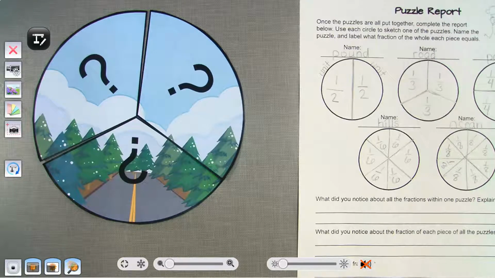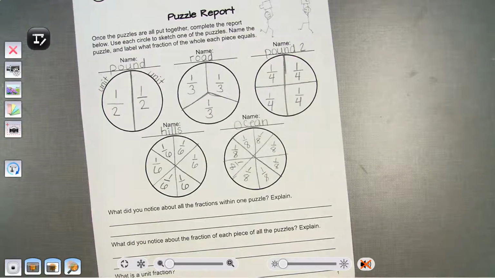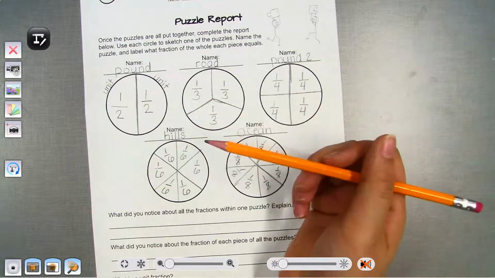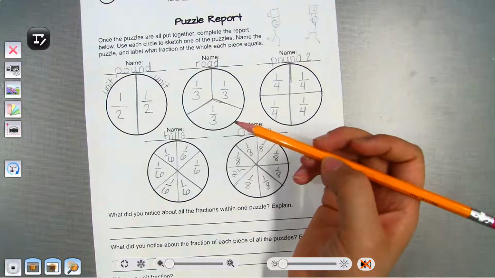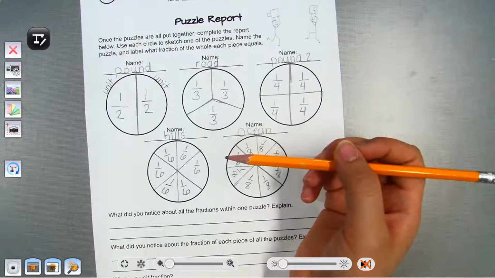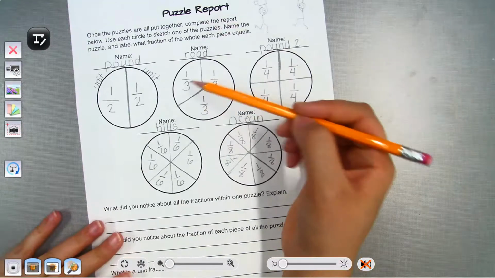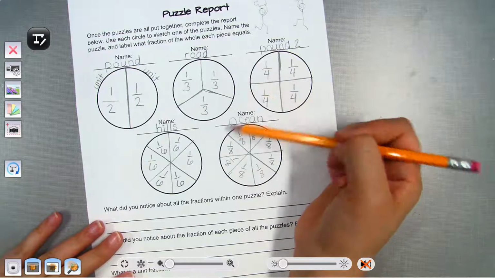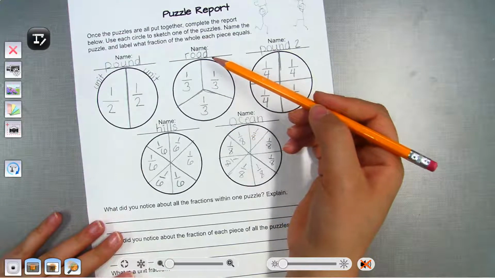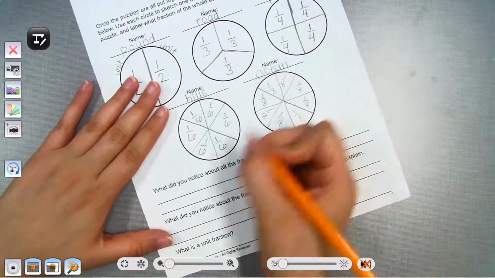So, all of the fractions within the puzzle were the same because each puzzle was made up of a certain number of equal pieces. Okay? They're the same because they're all a whole. So 1/3, 1/3, 1/3, all of them are the same because each puzzle was made up of a certain number of equal pieces. Okay, so we're going to write